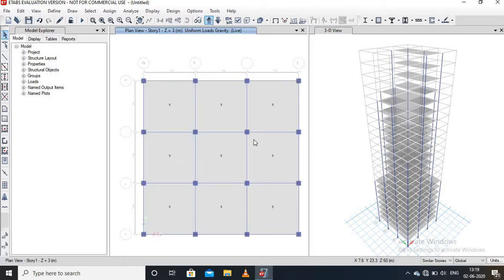In this step we have to apply the cladding load of 0.2 kilonewton per meter on all exterior walls of a story.